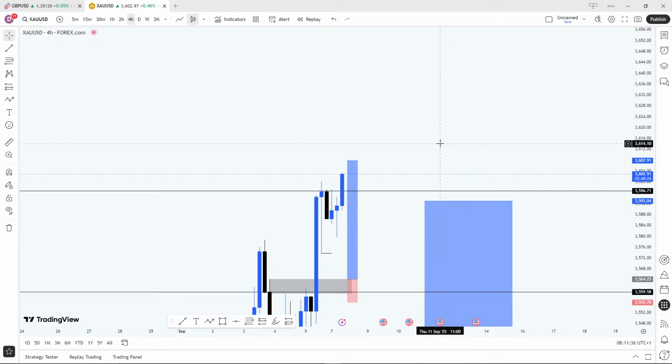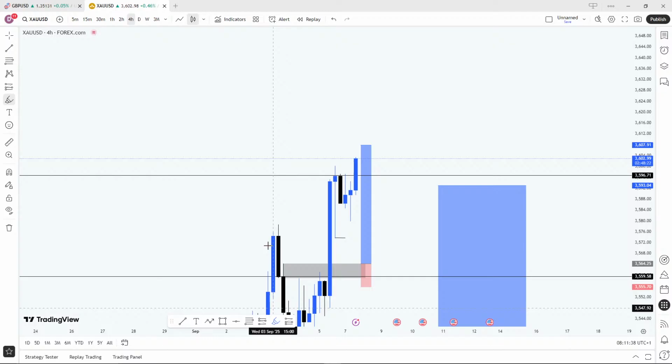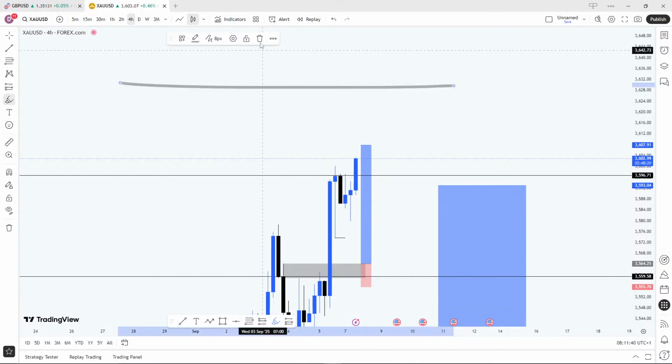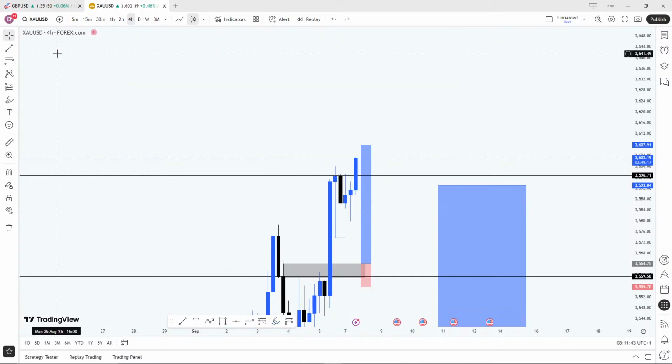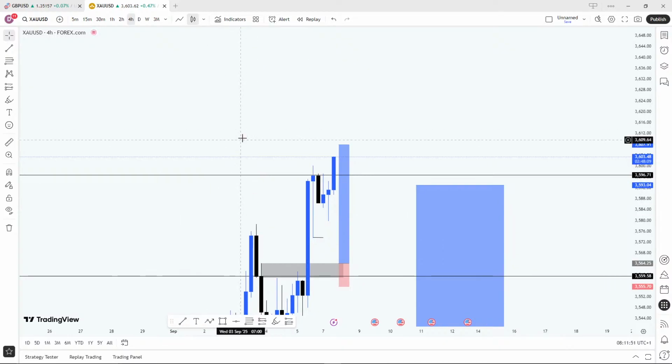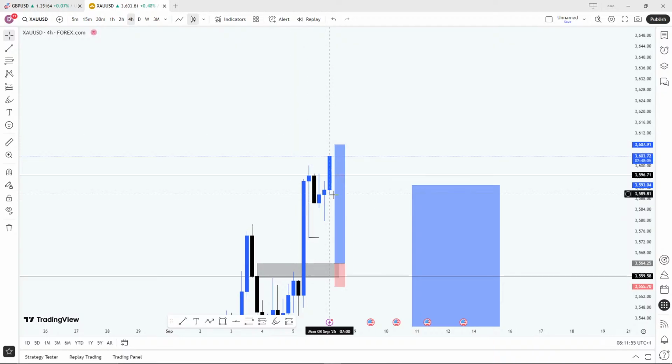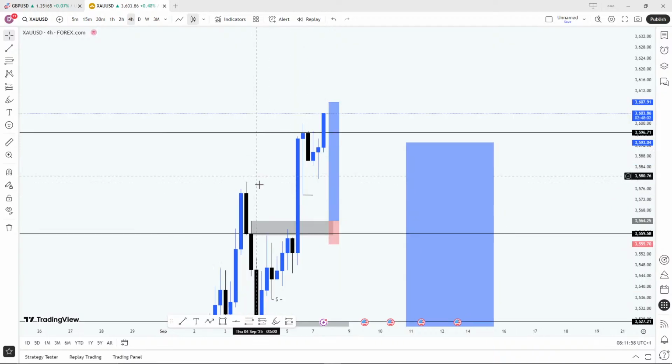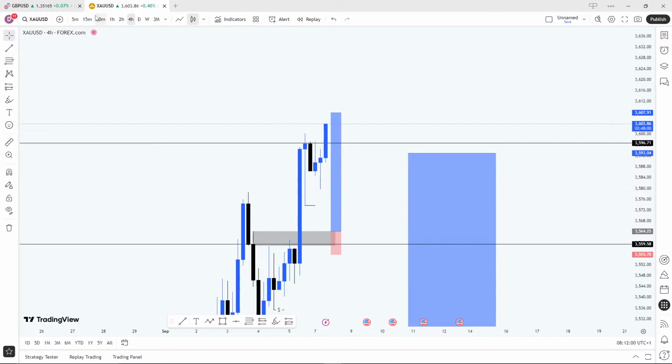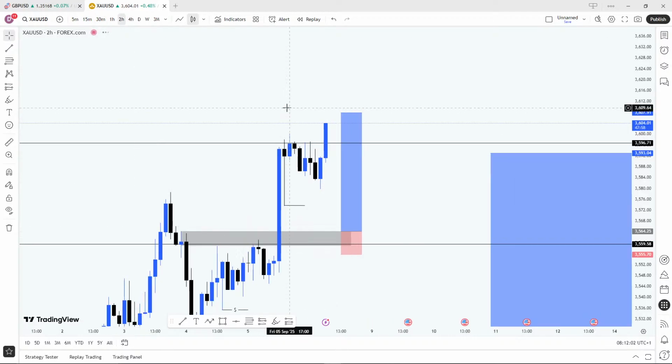Gold can decide to just buy, get to 3,800 or even more. Why? Because there is no resistance like a supply that's gonna make the price drop. So we can keep looking out for buys, right? So my bias is still very much bullish on gold, and I'm gonna keep watching out for buy opportunity. Now on gold, 4 hour time frame, there's no clear level to buy from. Only this breaker.